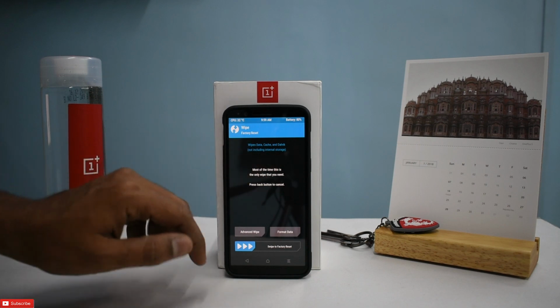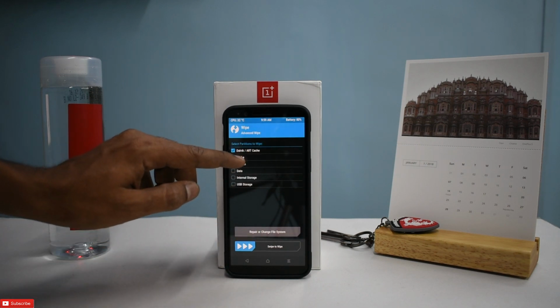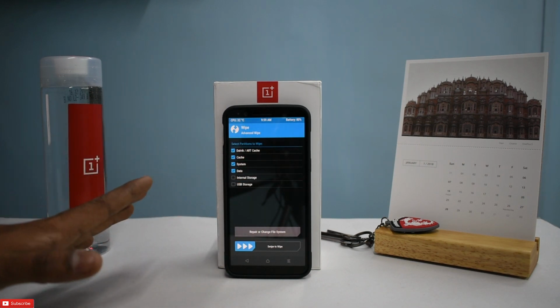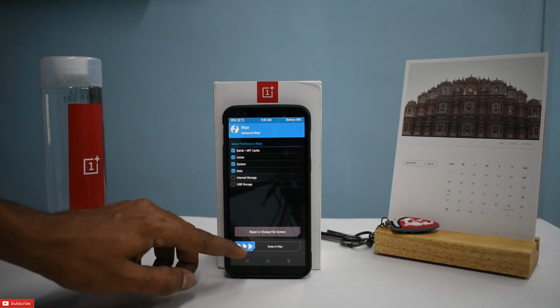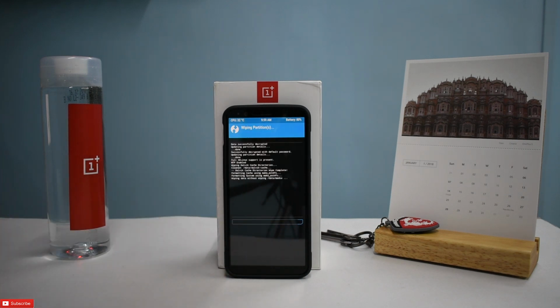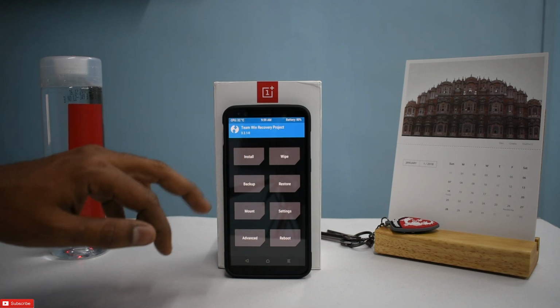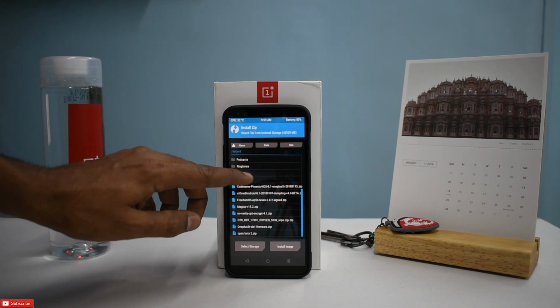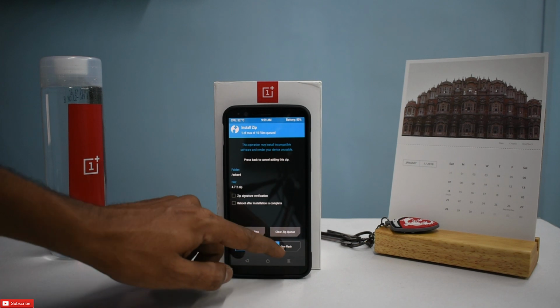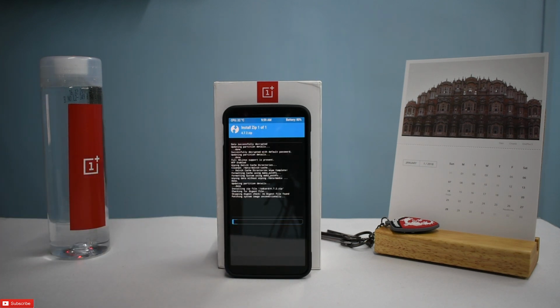Let's go to wipe, advanced wipe. We will wipe everything except for internal storage and USB storage. So let's swipe to wipe. Okay. Now we will install 4.7.2. There we go. Let it complete the installation process,